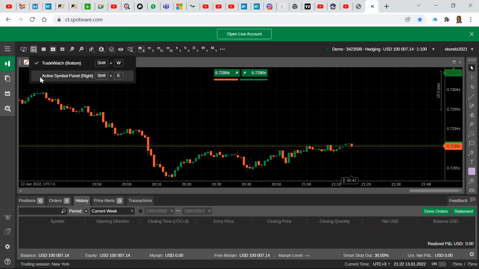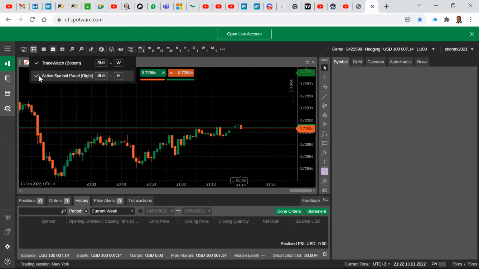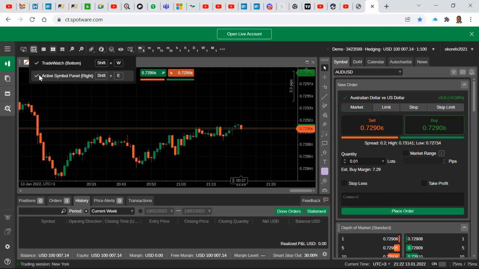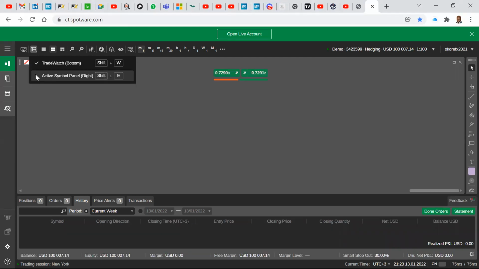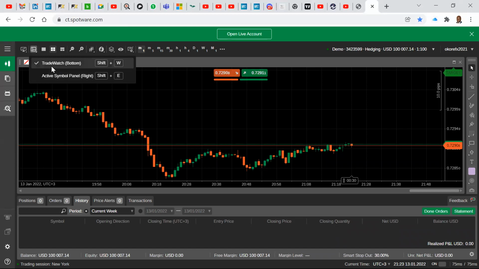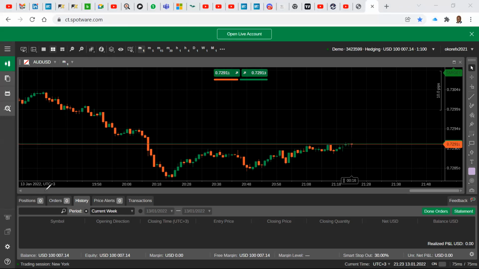Now, I go back here. If I want to look at it, I can click on it again, but we don't really need it there right now. So I'll click on it to remove it. Then look at what remains. What remains is the trade watch at the bottom. Okay, what is a trade watch? It is this panel down here. The panel down here that tells you about your trade. It tells you, okay, actually this thing right here.